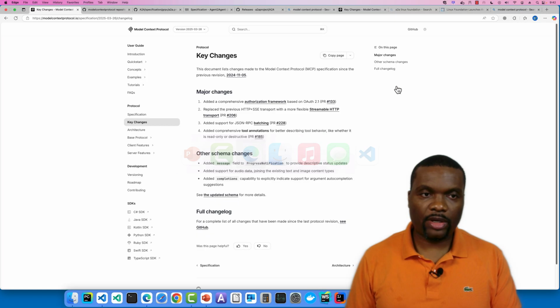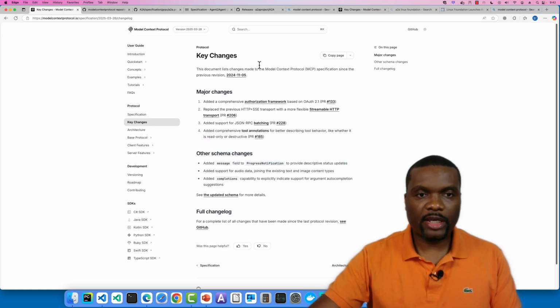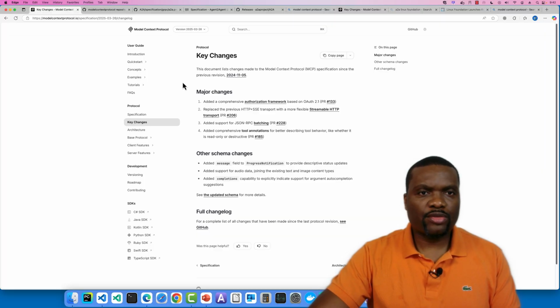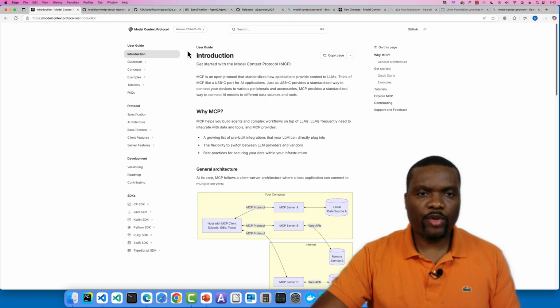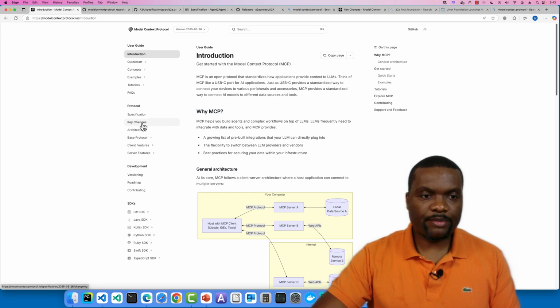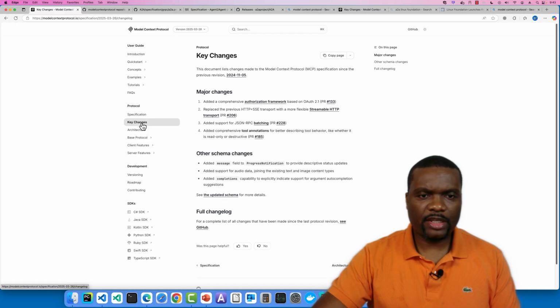So let's take a look at the website. Some of the key changes for this protocol's specification are available here. If you come here, you will see the original version, and you will also see the changes that were made as part of the March 26 changes.